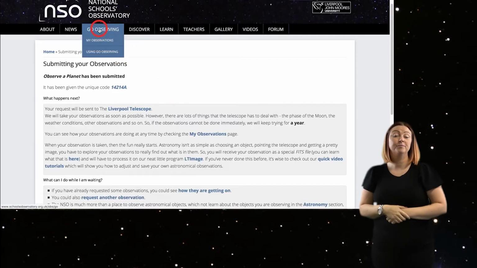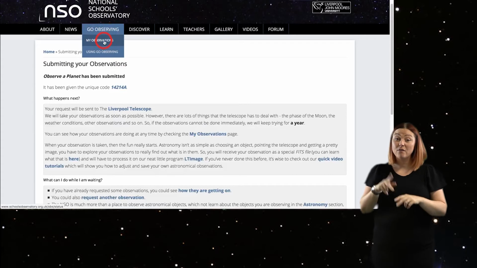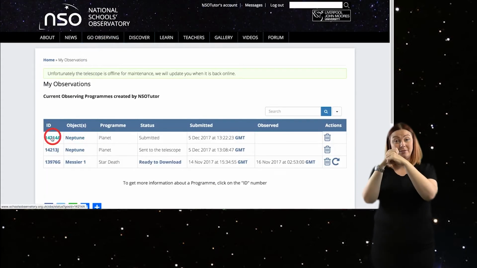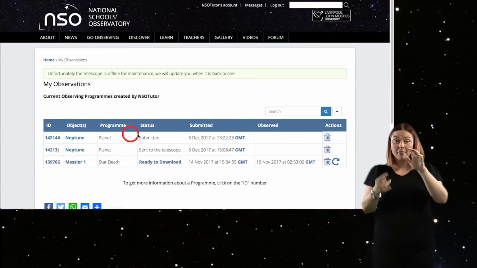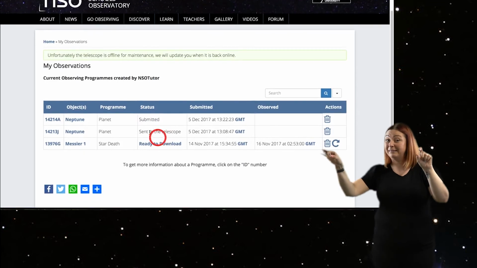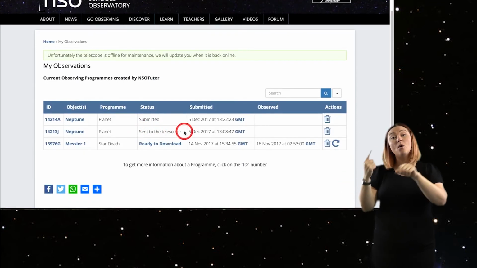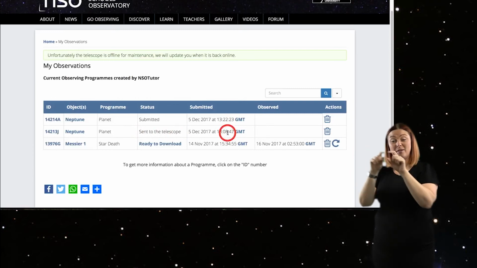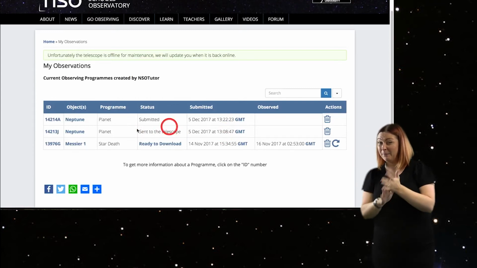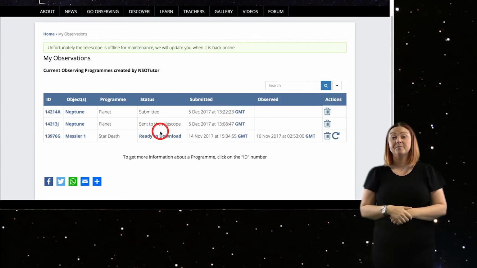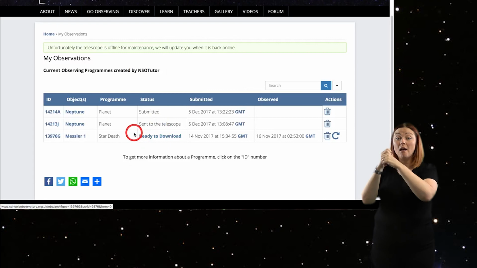So if we just very quickly mouse over Go Observing and go to the My Observations section, we can see at the top of our list is the observation we've just made. So it's showing a status of submitted because we've just done it. In an hour or so, it will be sent to the telescope like this one that I've sent previously. In fact, as you can see, it was only requested about 15 minutes ago, so it's already been sent to the telescope. Once it's been observed and we've had success, that